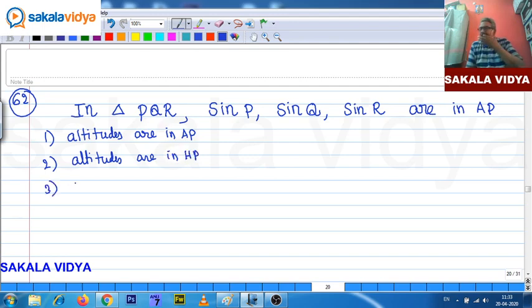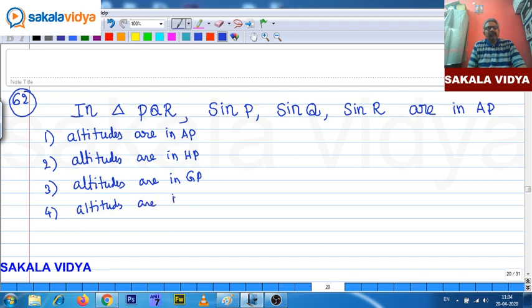Third: altitudes, means heights, are in GP. Fourth one: altitudes are in both arithmetic geometric progression. Okay. So now,